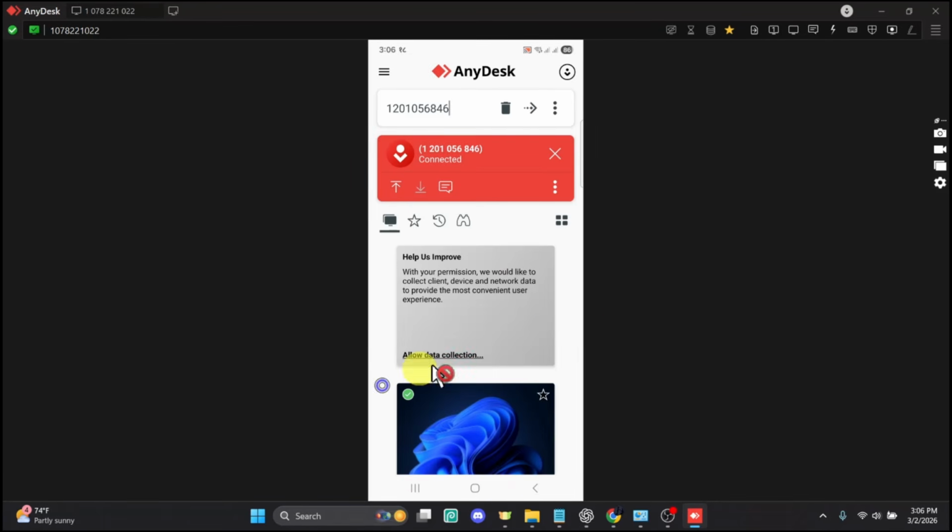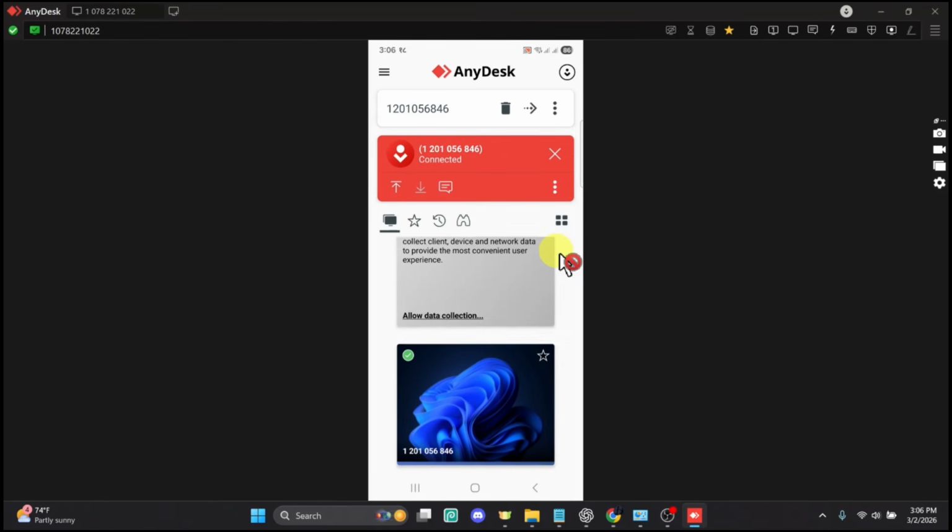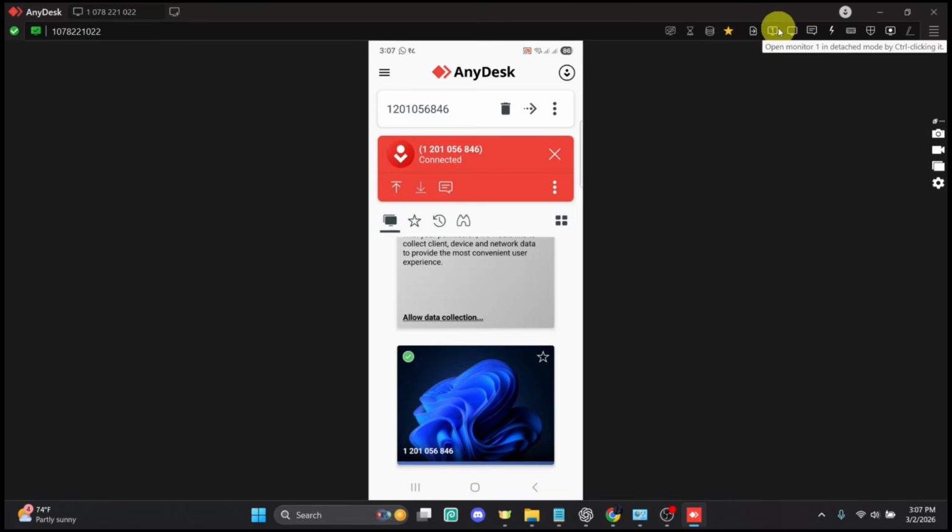You can move the mouse, open files, install software, or just perform any task like you are physically using that device. Now, let's go over a few useful features for a beginner. At the top of the screen, you will see a toolbar with different options. From here, you can adjust the display settings, and you can also use file transfer by just clicking on